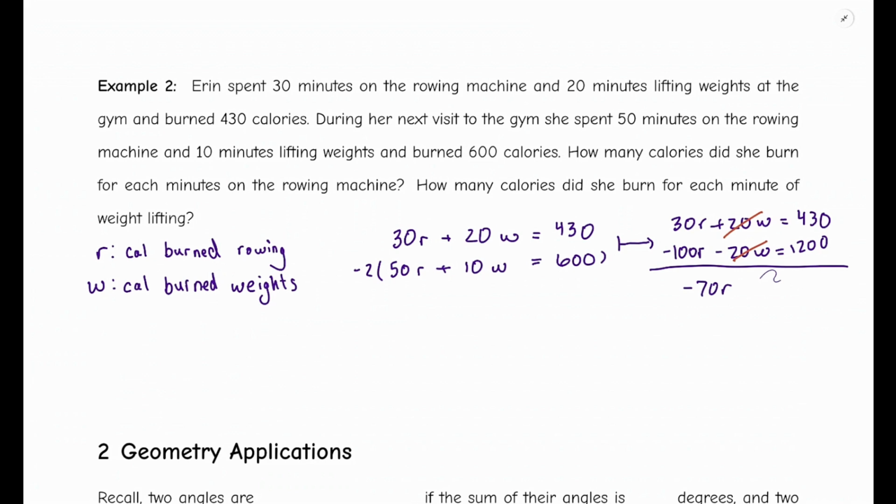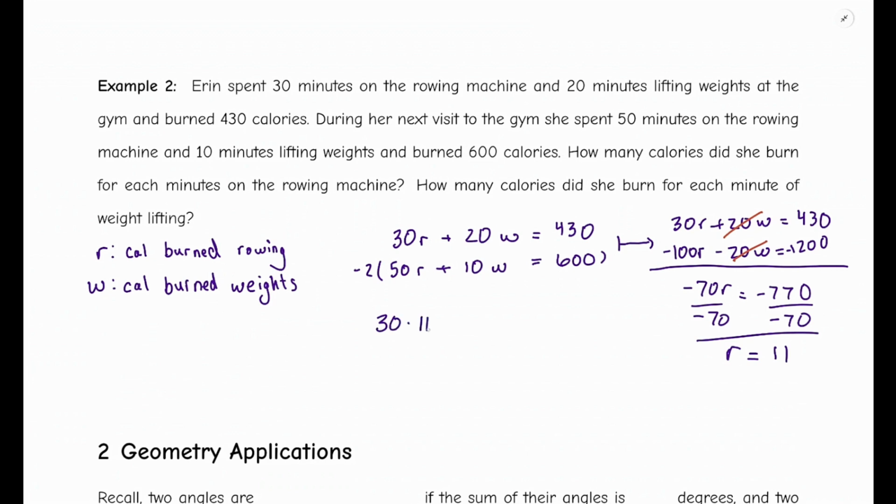Oh, forgot the negative sign there. That would become negative 770. Divide by negative 70. R would equal 11. Now I'm just going to plug that back into the first equation, and we get